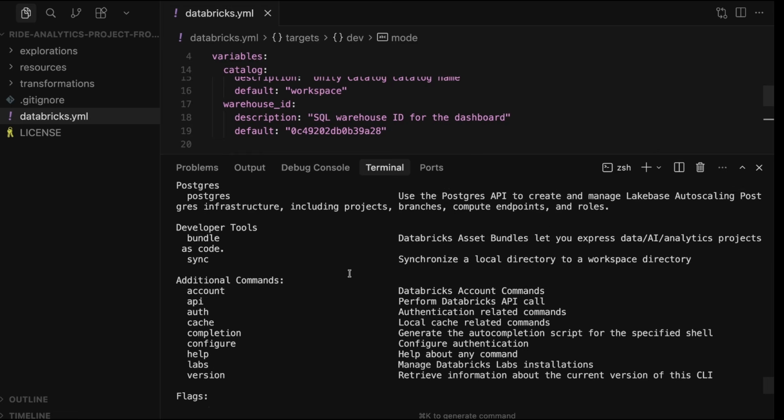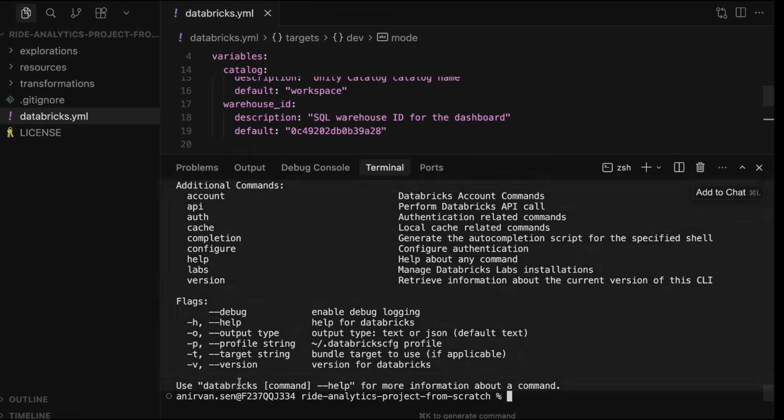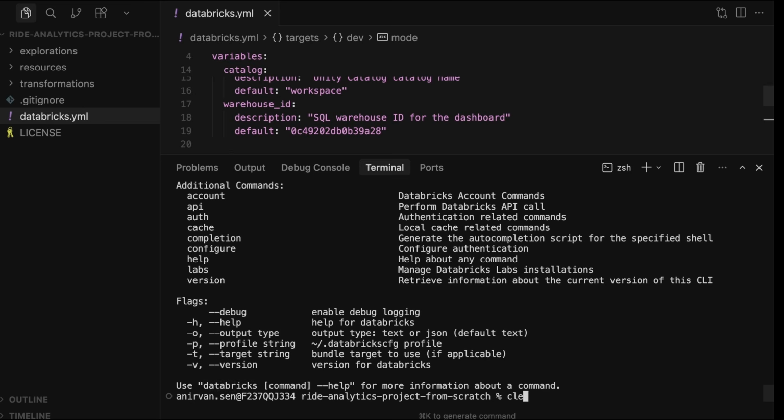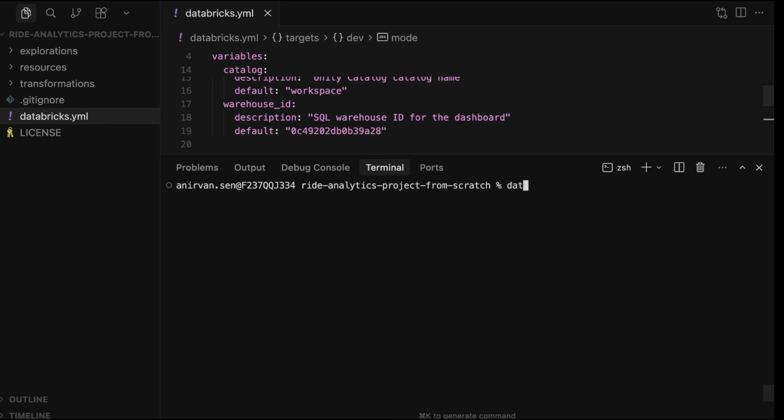So you should have Databricks CLI here, right? So let's configure the Databricks CLI now. How do you do that? Databricks configure, then apply this. What it does, it